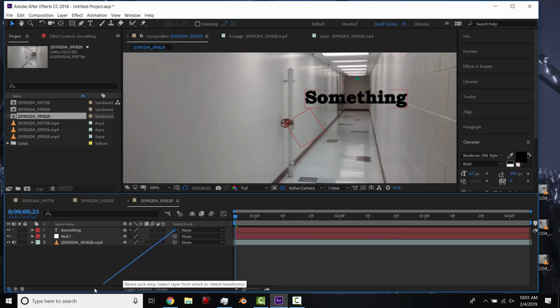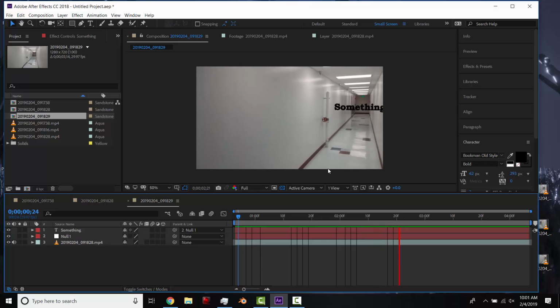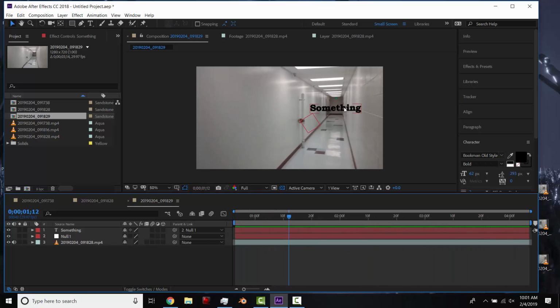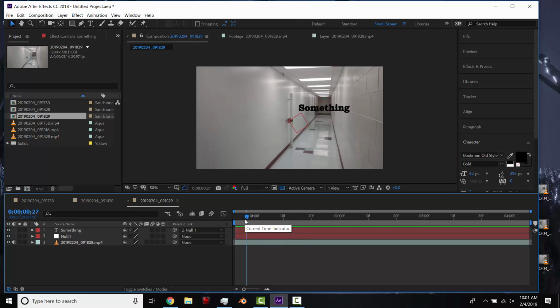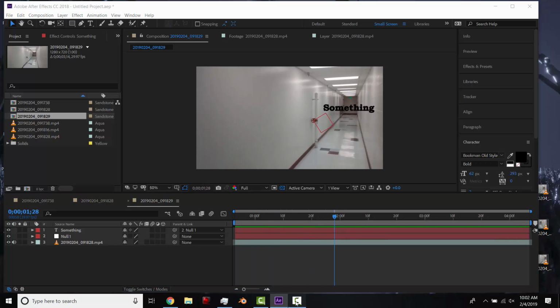If you have a huge amount of layers, you can drag this pick whip and move to any layer. So if I choose null, now wherever the null goes, the text follows. This would be something like, if somebody's holding a cell phone, you could track the cell phone, and if a text screen pops up and the cell phone moves, that text screen will follow it. I'm imagining like a hologram screen pops up, and the phone moves, that will move with it. So those are the 3